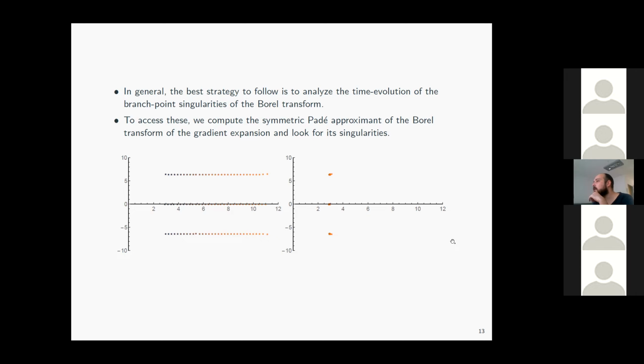Yeah, thanks for that. That's very interesting. I just have a quick question about this slide, actually. Okay, great. Go ahead. So maybe a small technical question: why do you use the symmetric Padé approximant and not the others? I mean, in principle, what's the logic behind that? Yeah, you're absolutely right. I wanted to remove the symmetric Padé approximant comment, but I forgot. I use the symmetric Padé approximant, but there's no particularly good reason for doing that. Okay, sorry, I was just curious. No, there's no fundamental reason for doing that.